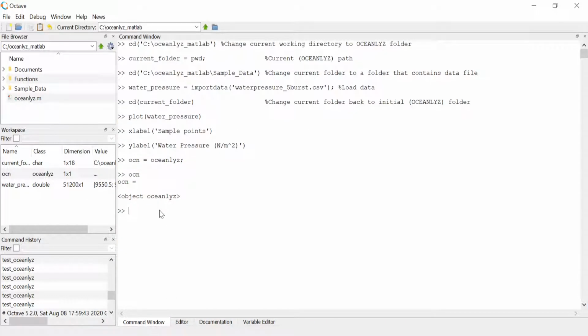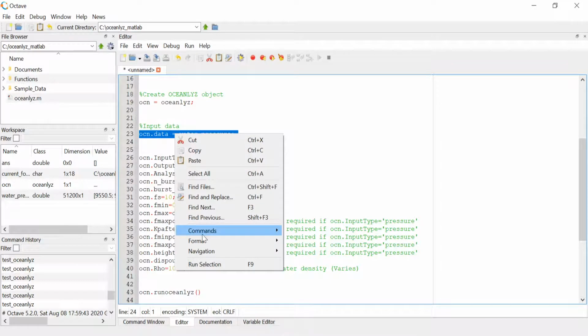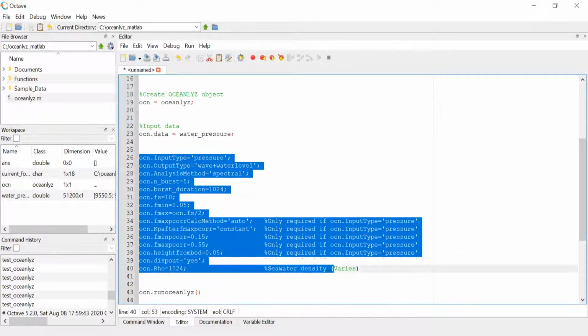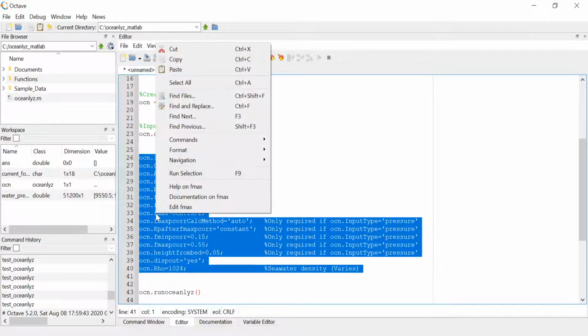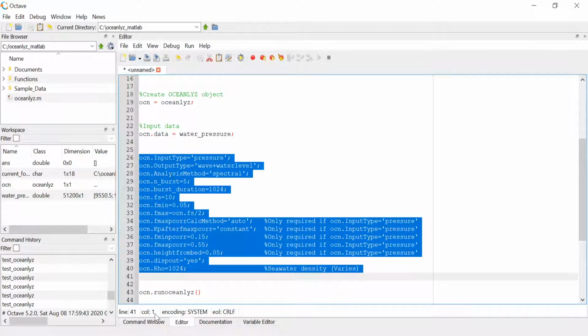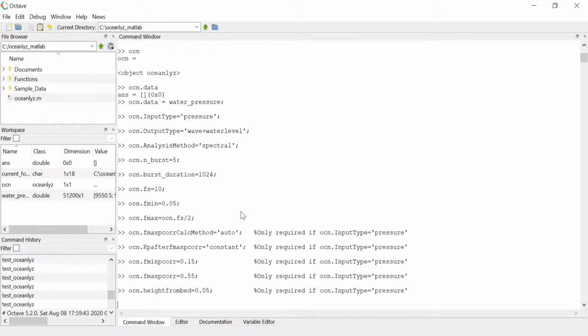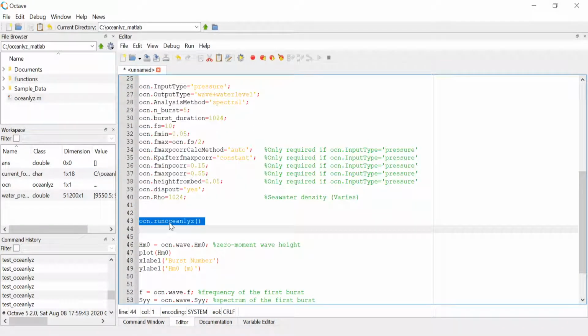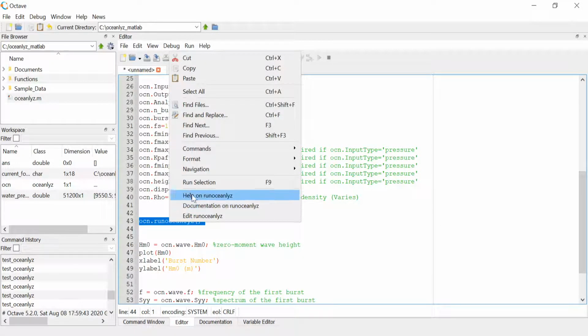For example, here, if I say .data, it gives you an empty array. So there's nothing there yet. So I can go there and run this part, and it will upload or assign the pressure data read into the OCEANLYZ data. And then I will run this to set these input parameters. So all those input parameters will be set,